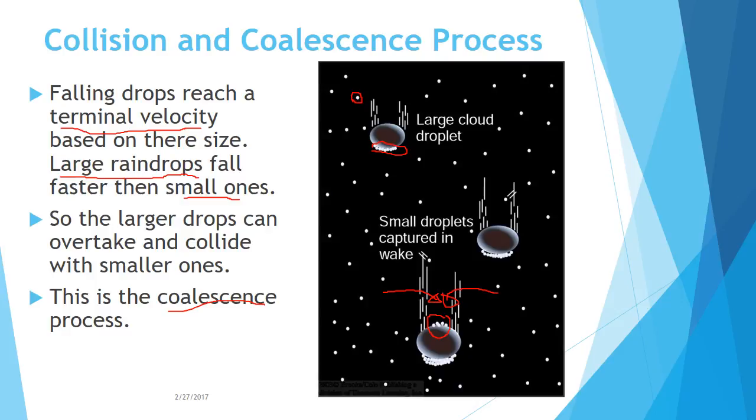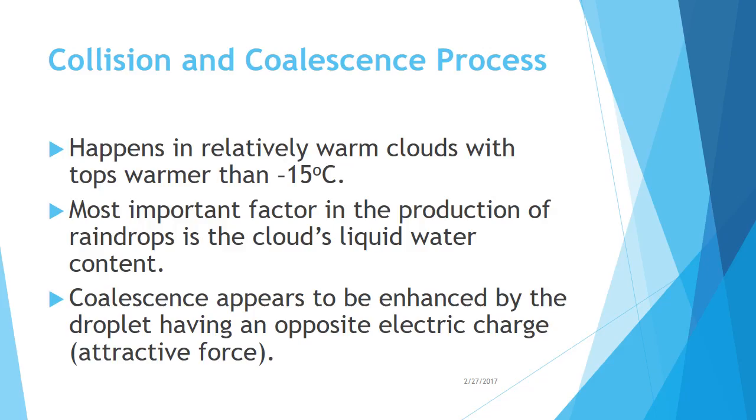Now, how can these processes be enhanced? One of the main reasons is this happens in relatively warm clouds. The tops of the clouds are usually warmer than minus 15 degrees Celsius, and in clouds, minus 15 degrees Celsius is considered warm. The most important factor in the production of rain droplets is, again, the liquid water content of the cloud. If there's not enough liquid water condensing, you're not going to get that many